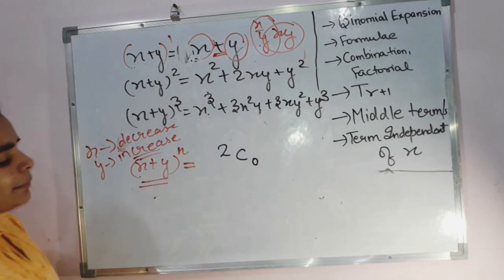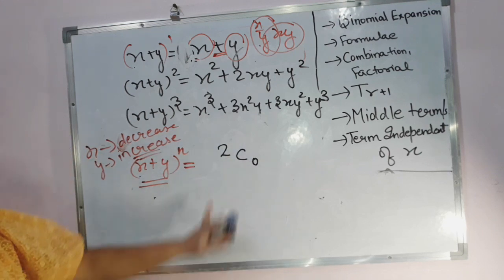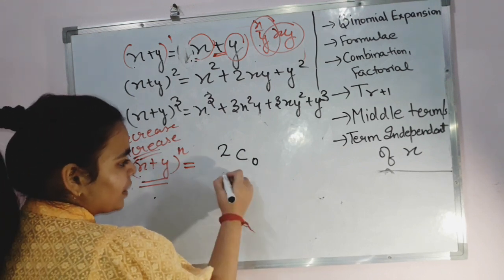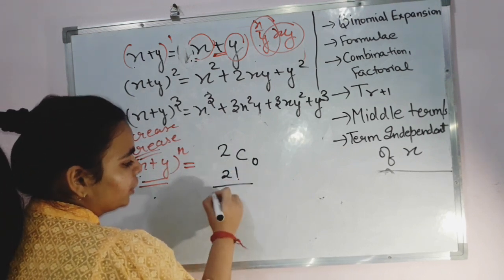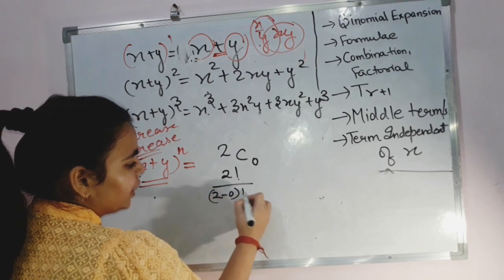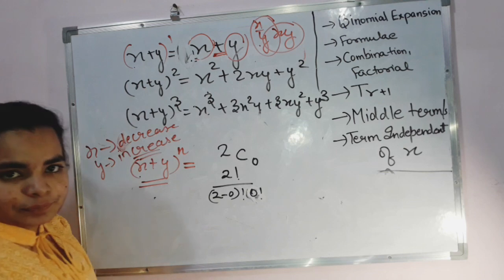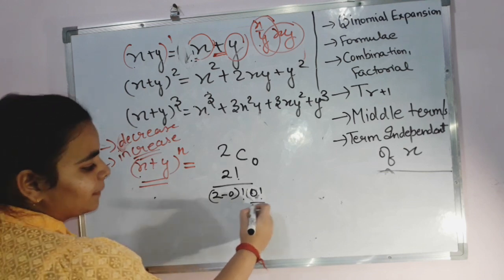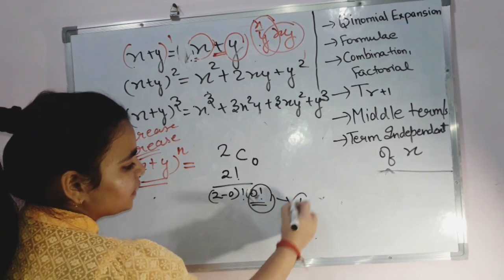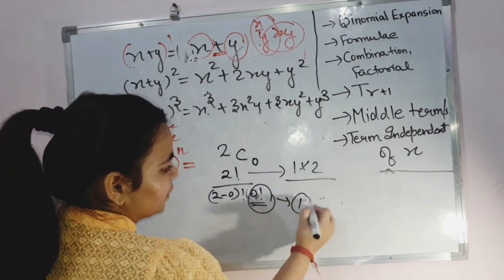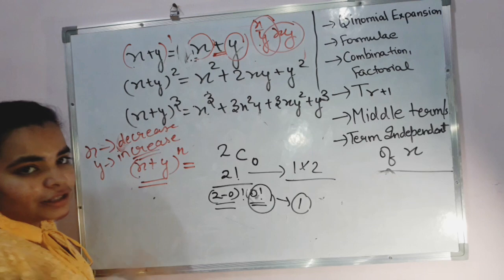If I write it as 2c0, then what will be my answer? I'll get 2 factorial upon 2 minus 0 factorial into 0 factorial. The value for 0 factorial is 1. Please remember the value for 0 factorial is 1. So 2 factorial, that means 1 into 2, upon 1, and 2 minus 0 means 2